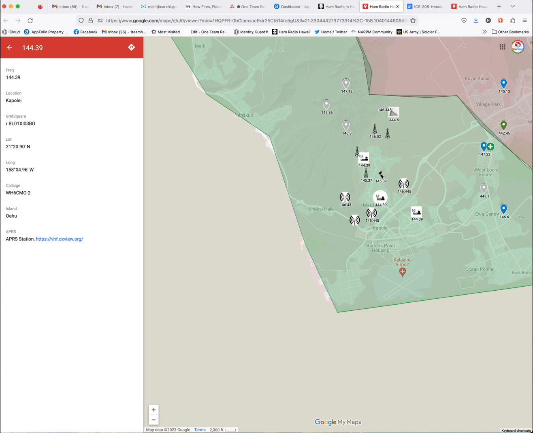From there, these little satellite pictures here are WinLink frequencies. 145.090 Maka Kilo, it's on Oahu, and it's a WinLink. And you get to this one. This is a DMR group. Slot 2 is for all talk groups. Slot 1 is for 3115 and local. So if you zoom out,